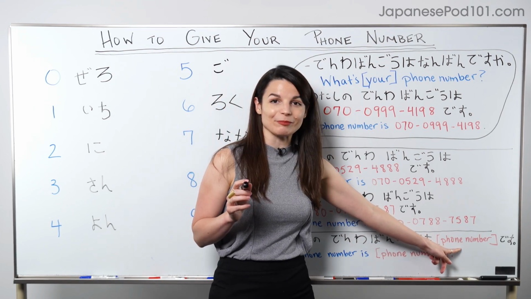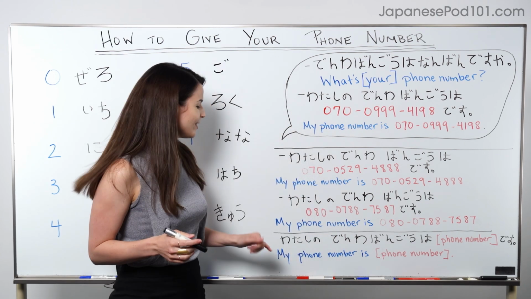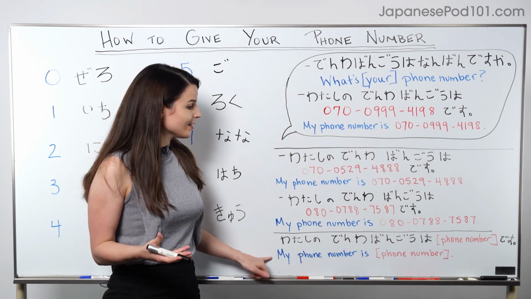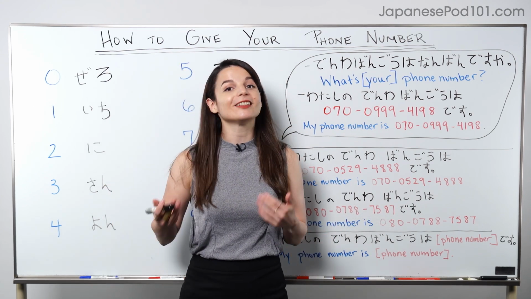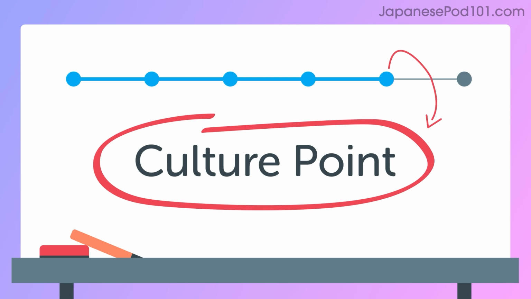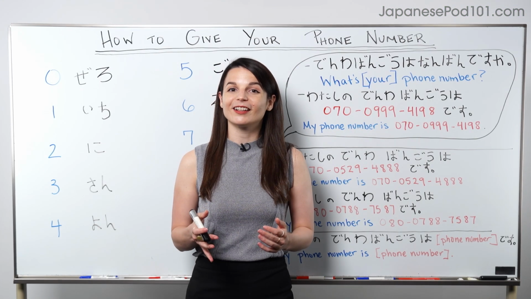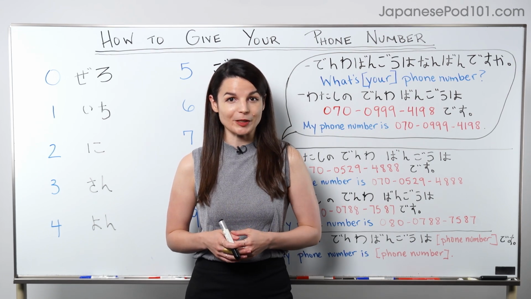Then we have phone number and this at the end, meaning is. So this makes my phone number is phone number. 私の電話番号は phone number です。